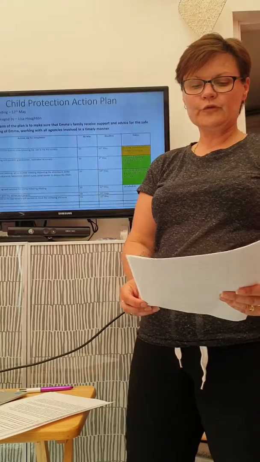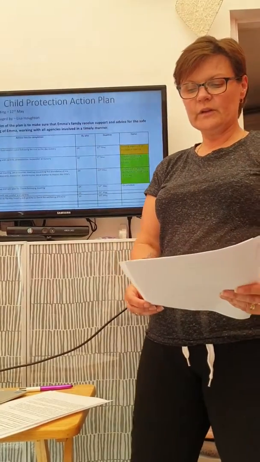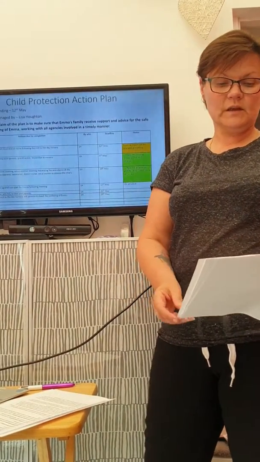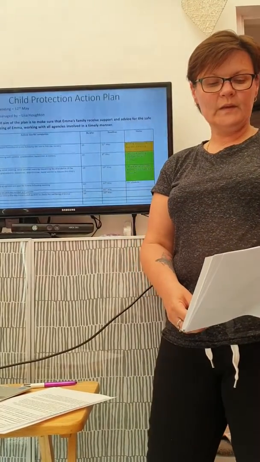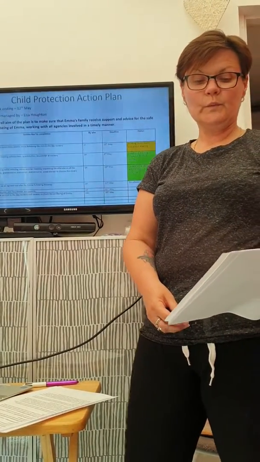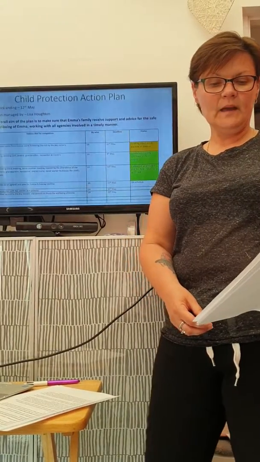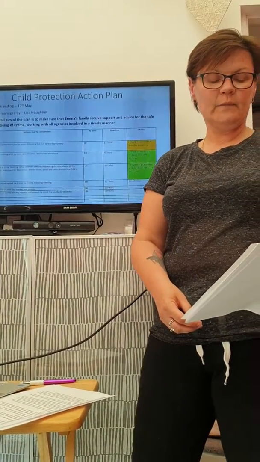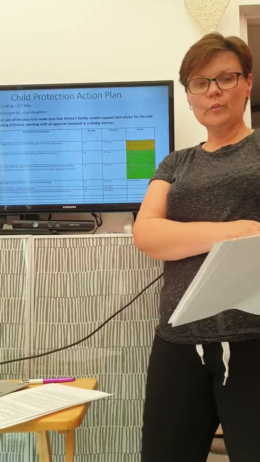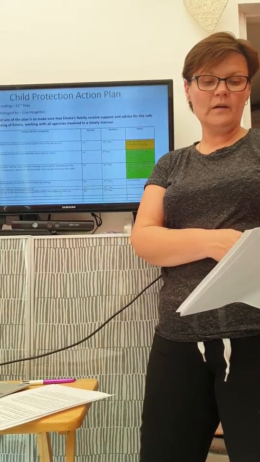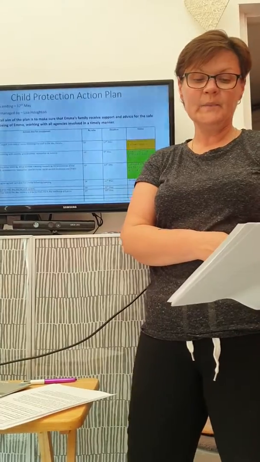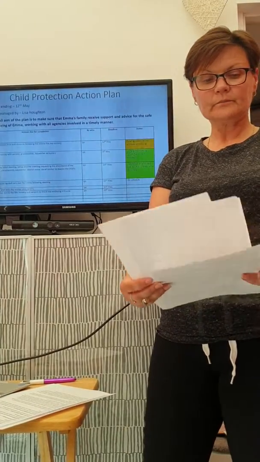Following Emma having to be admitted to hospital for tests, she was found to be suffering from malnutrition, and this meant that a district nurse visited the day nursery to discuss Emma's care with her key worker, and also it was reported that the social worker would also be supporting Emma's family as there were other issues in the family life. This is why a child protection action plan is required, so that not only Emma is safe, but all parties are able to support Emma's family as well as the key worker.